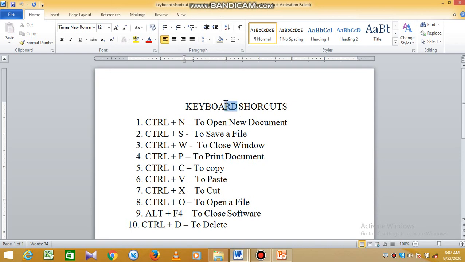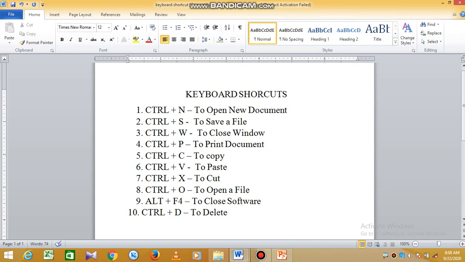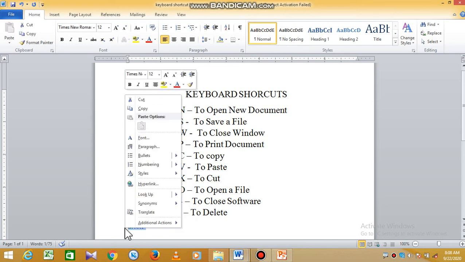Now we can move back to our file also. Suppose I want to go back. So I will type here a word, B-A-C-K. Select this word, right click on it.